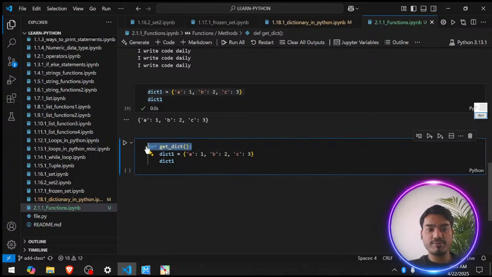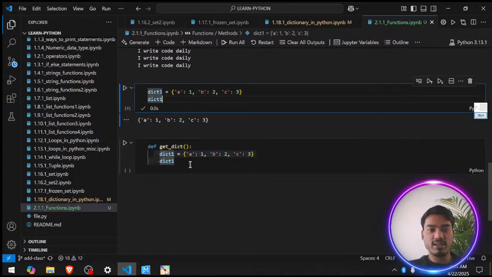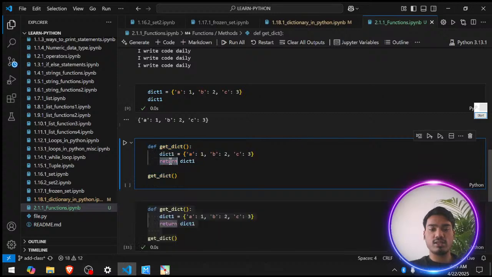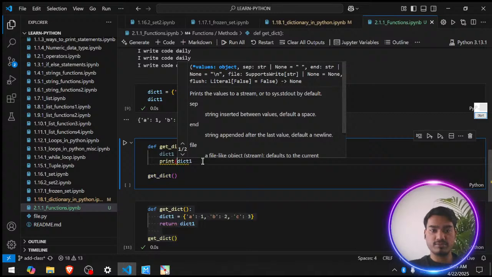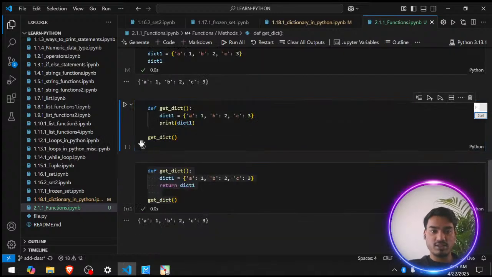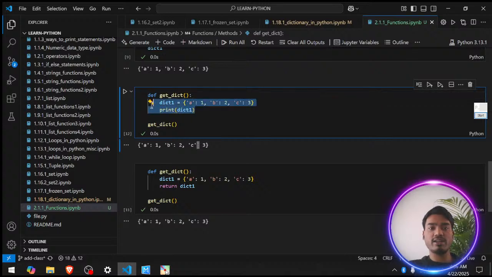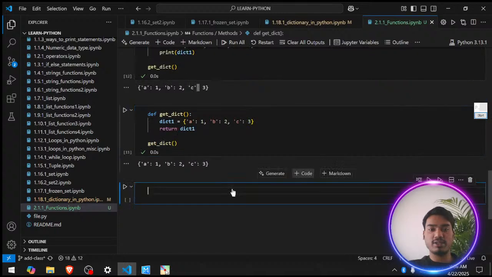तो डिफाइनिंग हो गया, कोड ब्लॉक मैंने जैसे के वैसे ऐड करा है, एंड नाउ आई एम जस्ट कॉलिंग इट गेट डिक्शनरी। If I run this, I have to say return a dictionary. ठीक है, तो इसको रिटर्न कर सकते हैं। हाँ, let me just show you this first. ठीक है, you can return this, you can also say print. ठीक है, you can also say print, so it will get, simple है। क्या करा मैंने, I have defined a function, added the code that I have given to you, एंड जस्ट इस फंक्शन को मैंने कॉल करा है। ठीक है, वन मोर एग्जांपल लेट मी गिव यू।